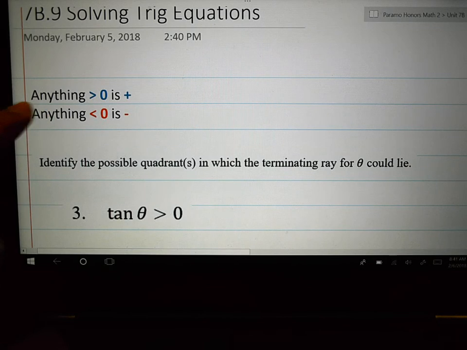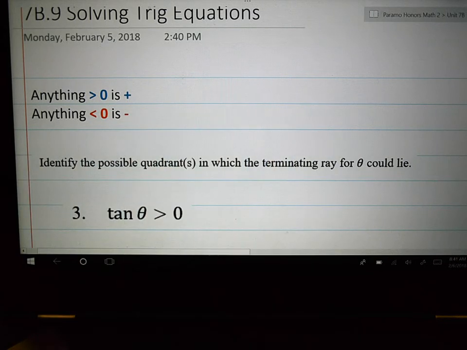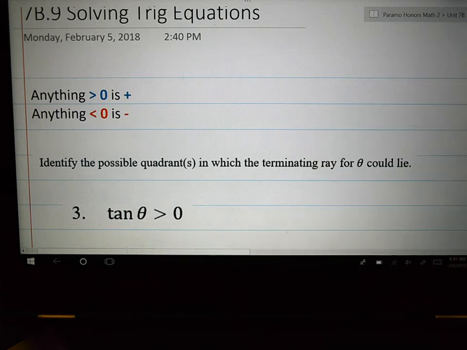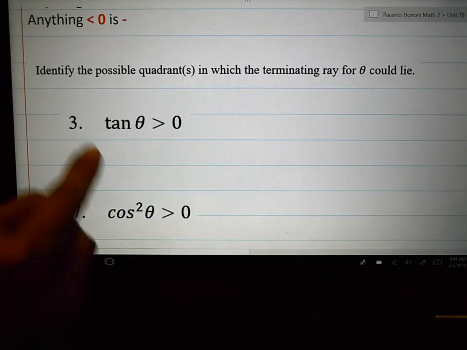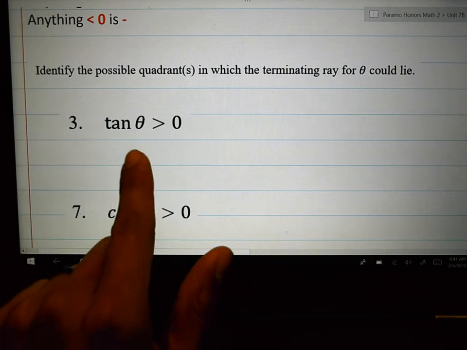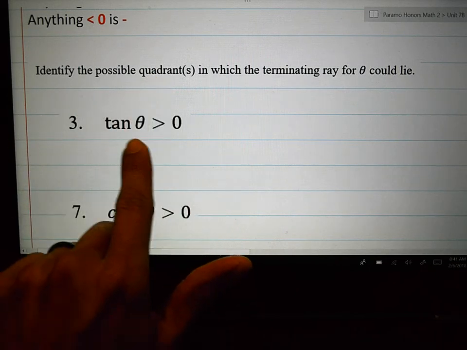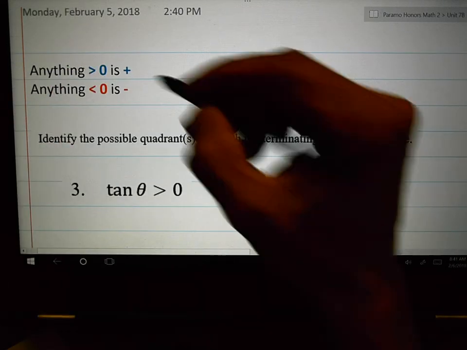If you see something greater than 0, what that means is it has to be a positive value. Anything greater than 0 means we're looking for positive values. And so the problems that you're going to have will look like this. And you're going to have to figure out in what quadrants this will be greater than 0. And so if you see greater than 0, I want you to think of